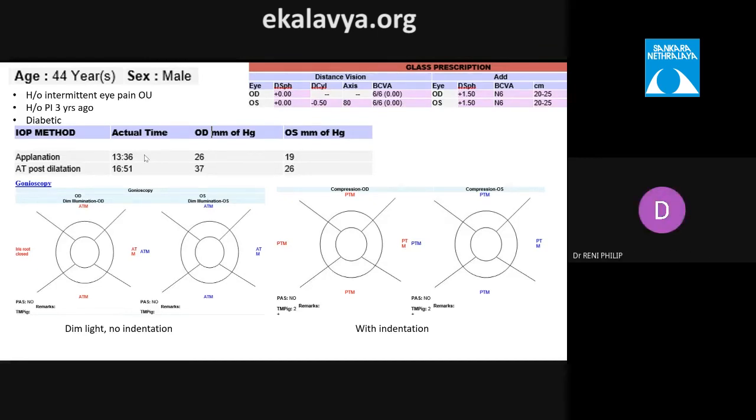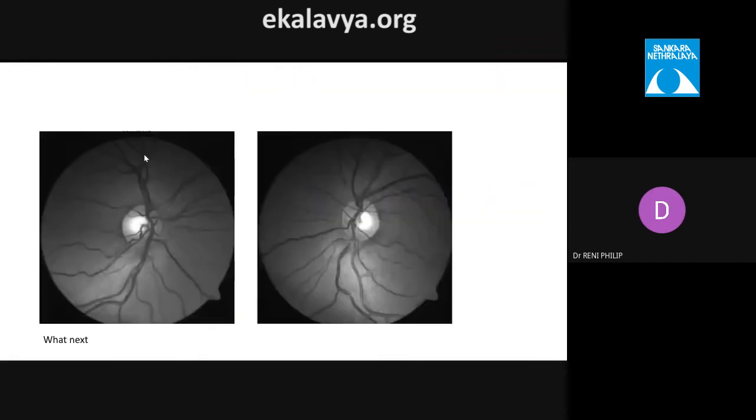Yeah, so when you do an indentation, you look for the double hump sign, which is caused by the anteriorly placed ciliary processes in the periphery, and the second hump being due to the lens. Okay, and in this, both the discs are fairly healthy. So the patient was put on